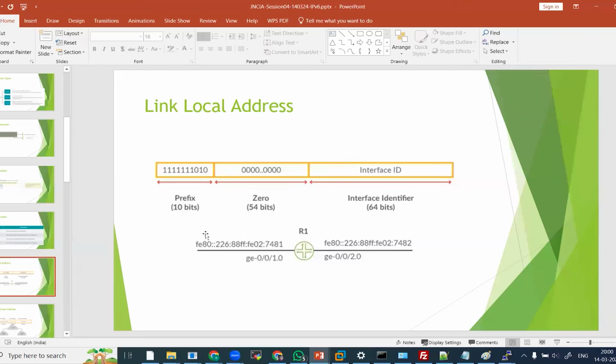So this is how FE80:: is represented, and then rest of the address, IPv6 address, is coming from a special